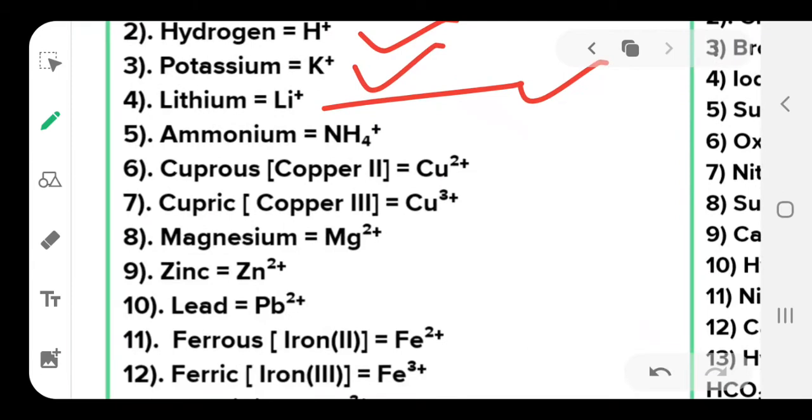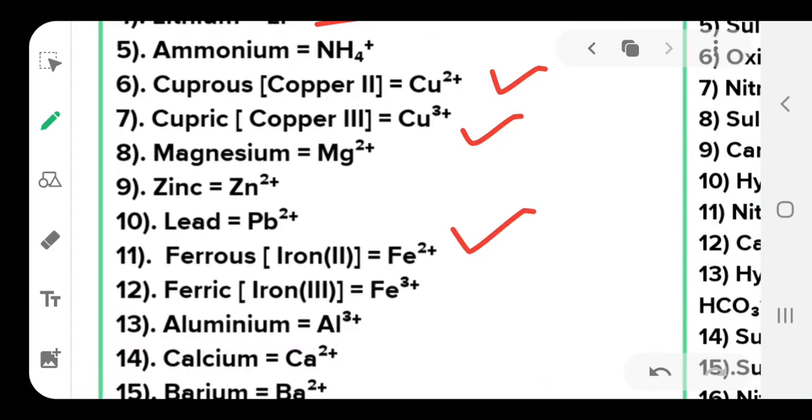Then you can see cuprous or cupric with the various valencies 2 and 3. Then magnesium, then lead, then iron, I have told you. So in case of iron 2, it is ferrous, iron 3 is ferric,